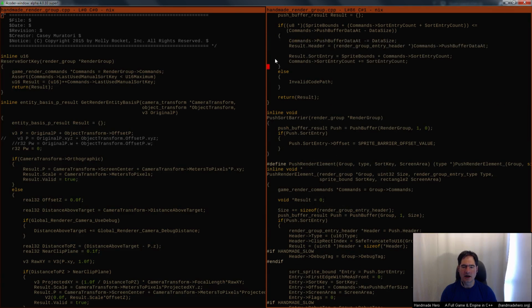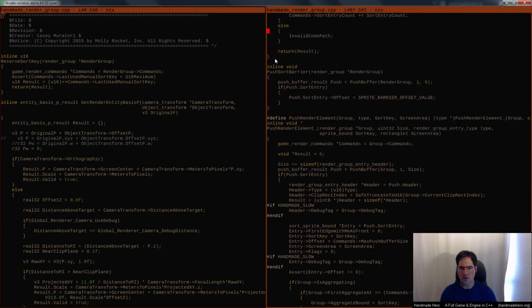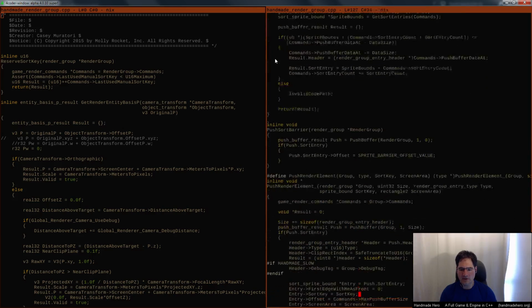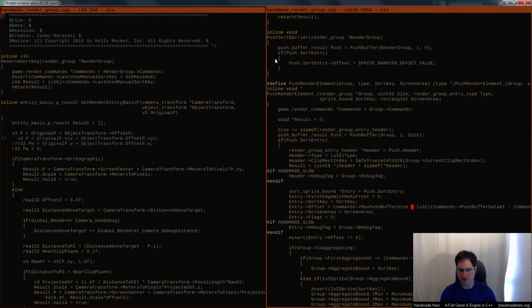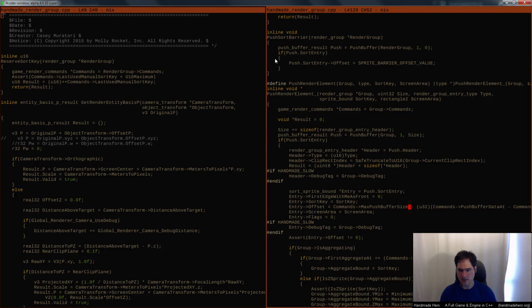If we look, when we do push render element, and we work with the offsets and stuff like that, you can see here we do whatever it is we're going to do. And we come down here and we take a look at the offset stuff. I don't know if this offset stuff is really what I want it to be. I didn't really look too carefully at that code, so I don't know whether those offsets are valid offsets or what's going on, right? So we need to do a little bit of work to make sure that what we're doing here makes sense. And if I take a look at this code, it already looks stupid to me.